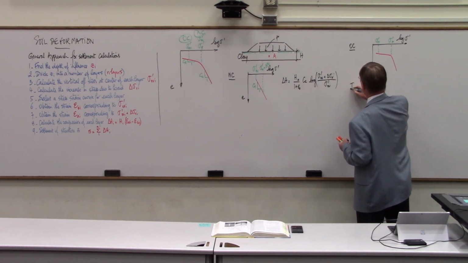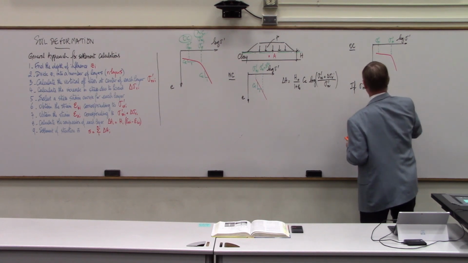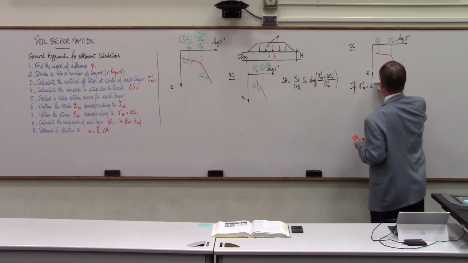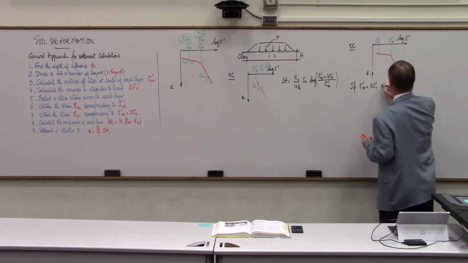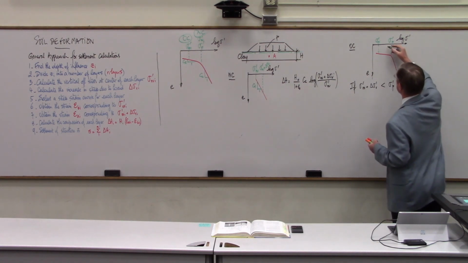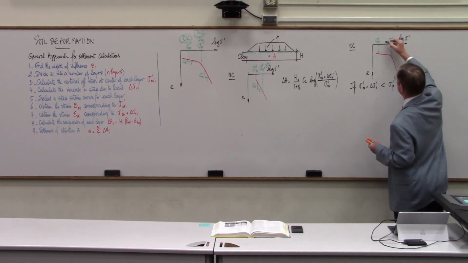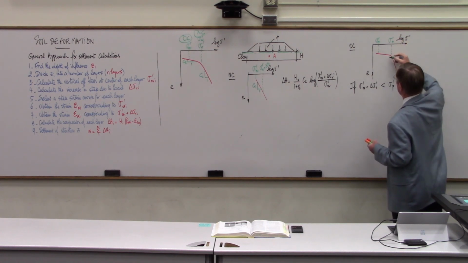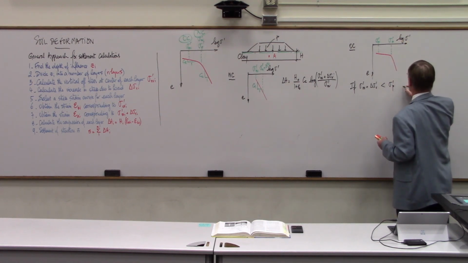So if sigma prime OV plus delta sigma prime V is less than sigma prime P, that means we're still on this part,